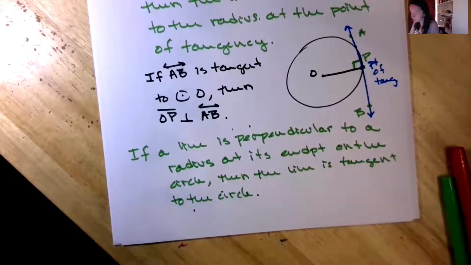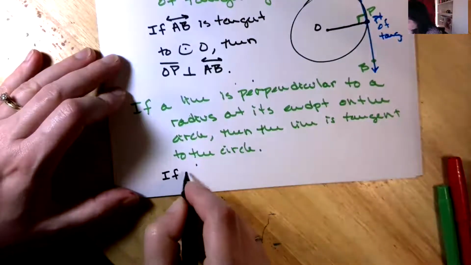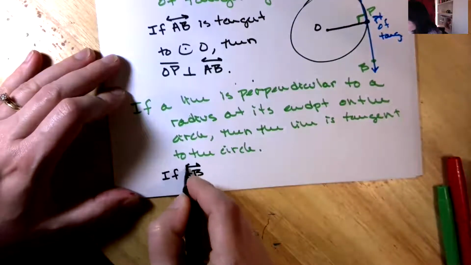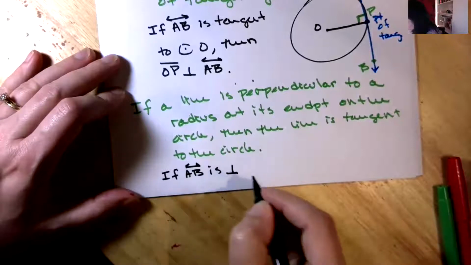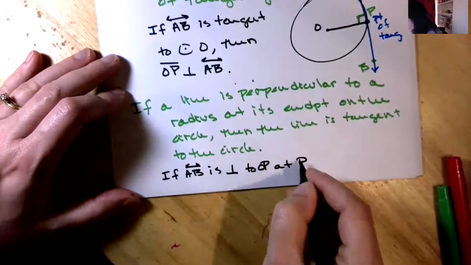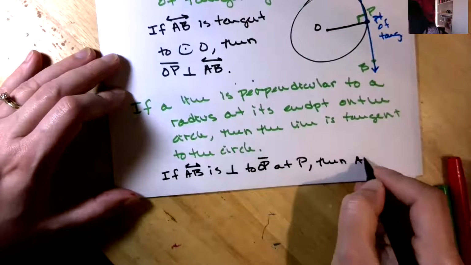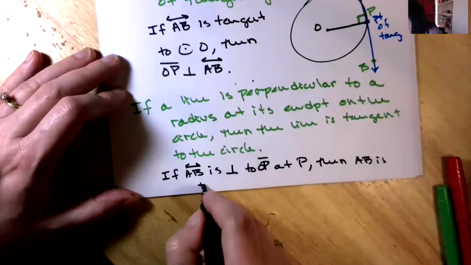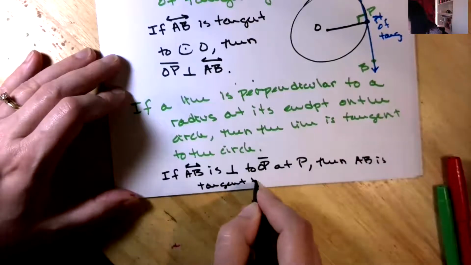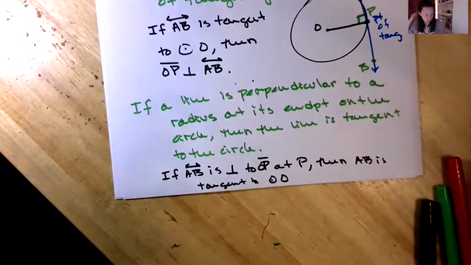So in other words, looking at our circle above, if AB is perpendicular to OP at P, then AB is tangent to circle O. Okay,